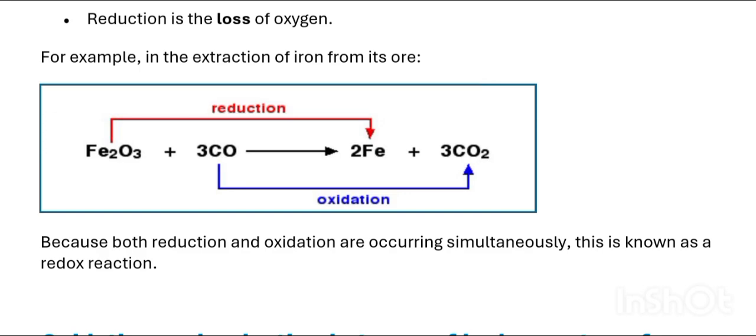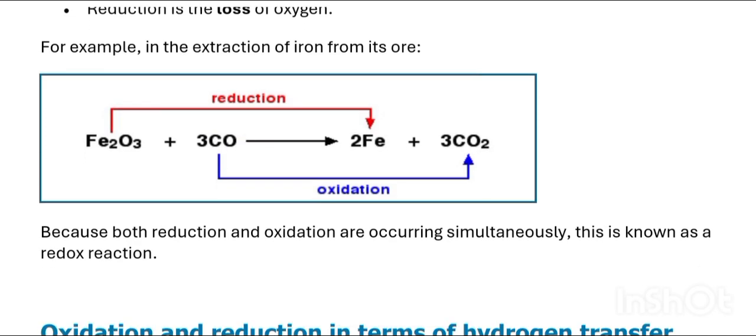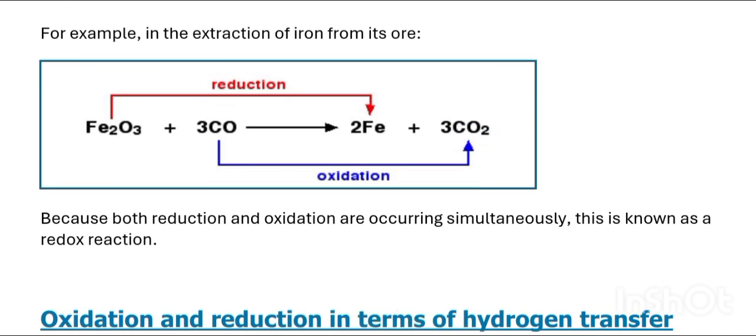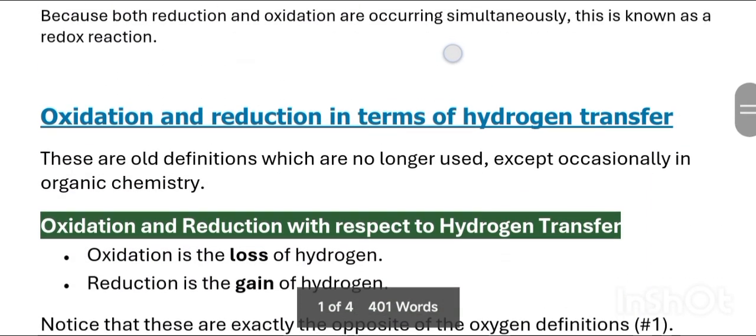Now if you see CO, carbon monoxide, here only one oxygen is present and here there are two oxygens, so oxygen is being added. We can say that the carbon monoxide is oxidized here, so the process of oxidation occurs. So both these processes occur simultaneously always, hence we are also calling them redox reactions.